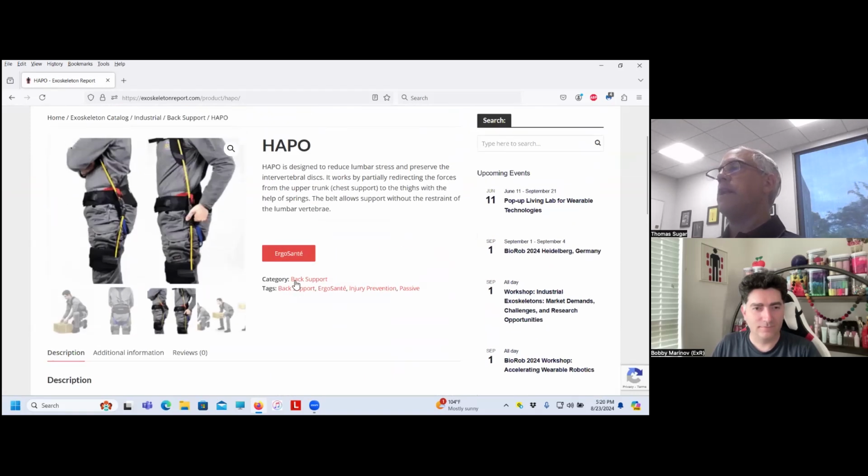Then the category is back support, and then there's tags. So this is the tag that it's a back support. It's made by a certain company. It helps do injury prevention, and it's a passive system. Yeah, and you can click on that, which will pull you away into a slightly more primitive view, which now